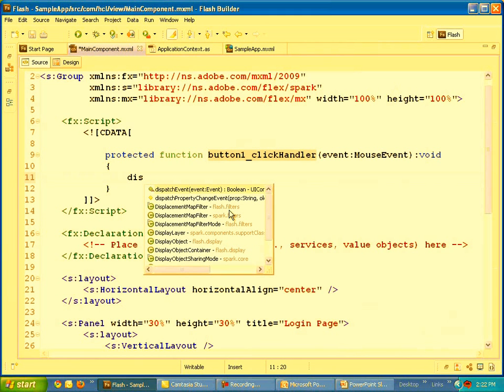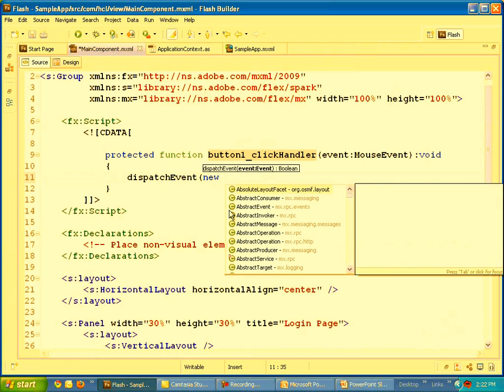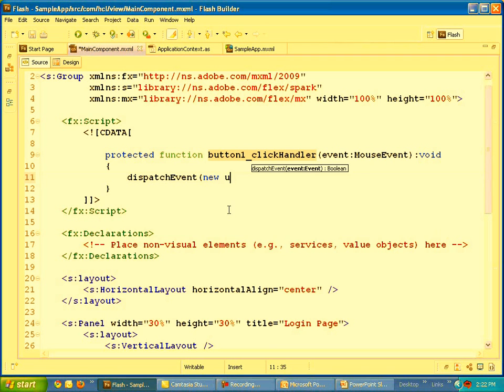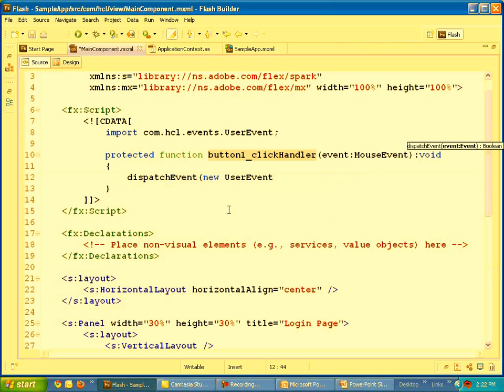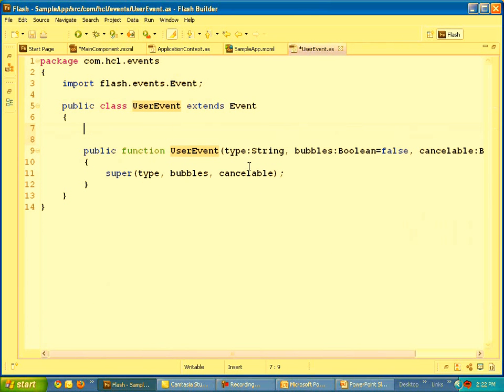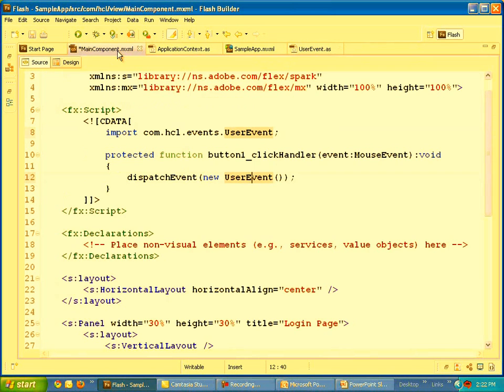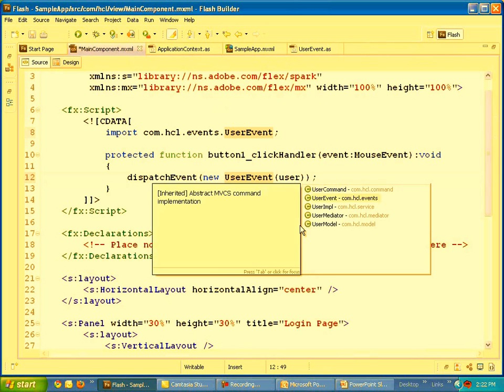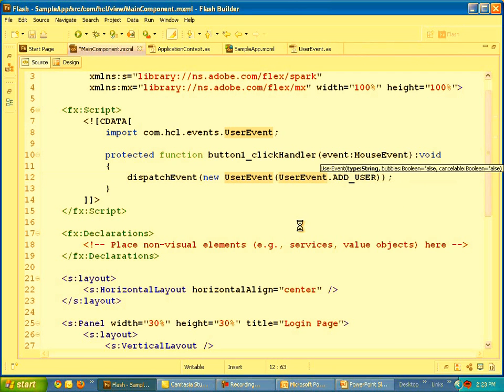Dispatch event of new UserEvent, and inside UserEvent try to define a constant: public static const ADD_USER equals to "user", and come back to MainComponent, and here try to take UserEvent.ADD_USER,